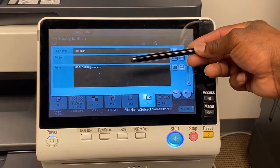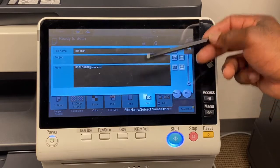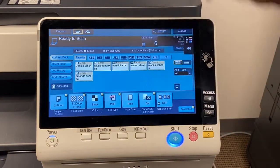By default, there'll be a subject and a from. You can change those as well, but once you scan it, it'll go back to the default. And if it's more than